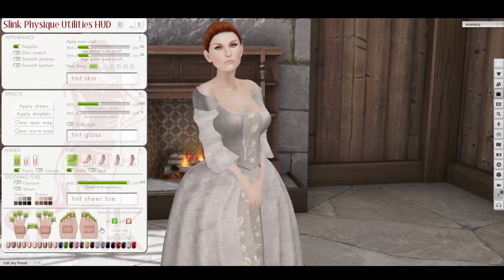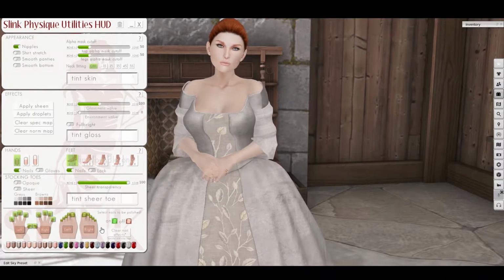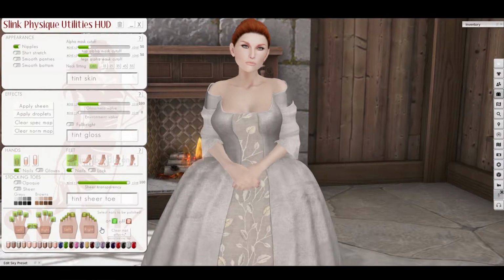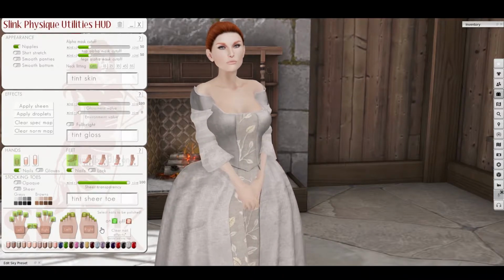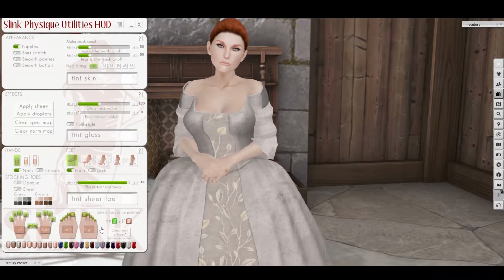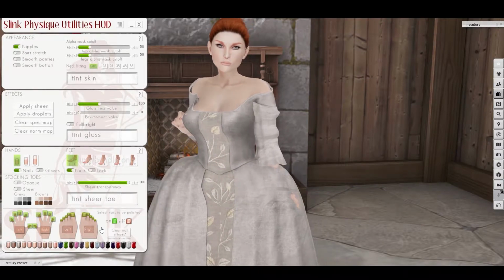You will not have a perfect fit on hands and feet. The hands are pretty passable for the most part. The feet are not. But Slink includes, and some of the skin makers have also started including, gloves that you wear, which put the shading in the right place for the mesh body, and then you tint it to match your skin. And obviously now that people release new system skins, they will be fitted, one hopes, for mesh body